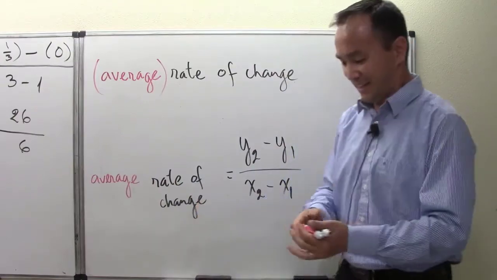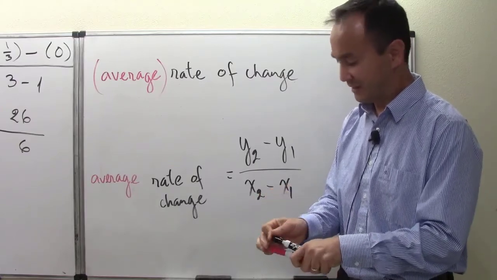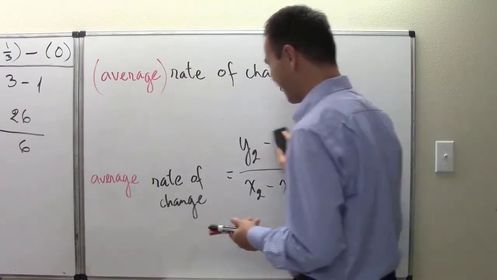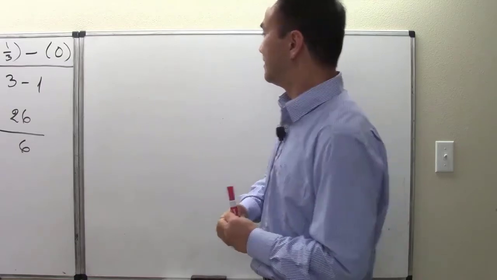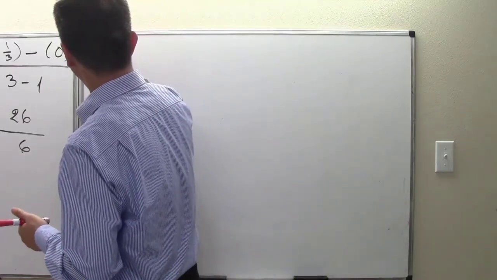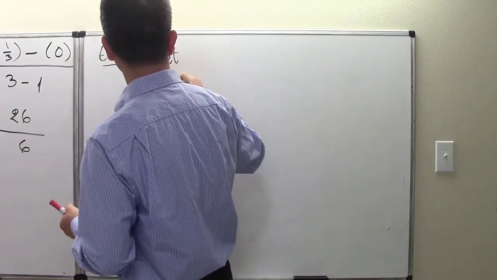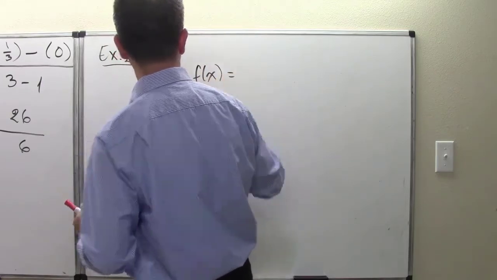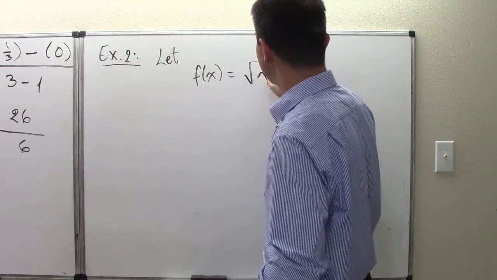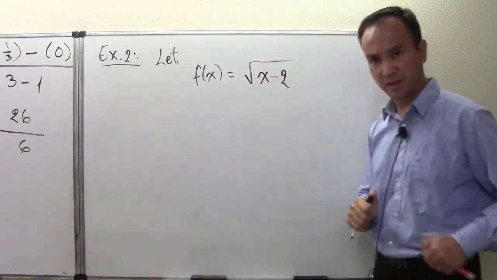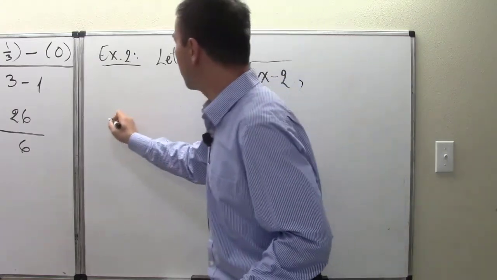Okay. All right, so from that point on, let's now look at another example. All right, so let's call that now example 2. Okay, and we are given another function. Let f of x be defined as a square root of x minus 2. Okay, x minus 2. And so now we want to compute or evaluate